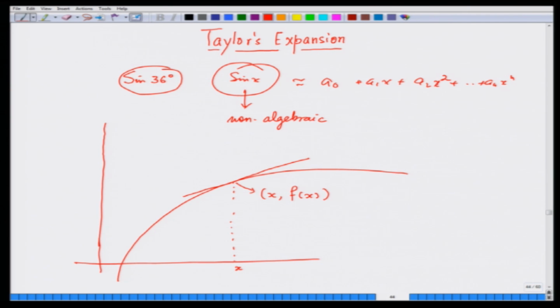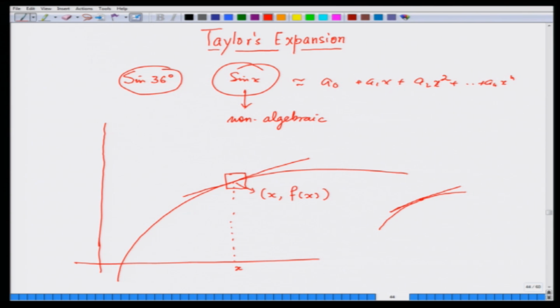So, if I zoom in here, what do I see? If I zoom in here, I will see that the tangent is almost touching, almost very near. The distance between the tangent and the curve becomes smaller and smaller as I approach x, f of x, whether from this side or this side,